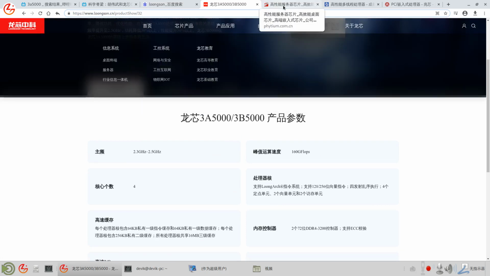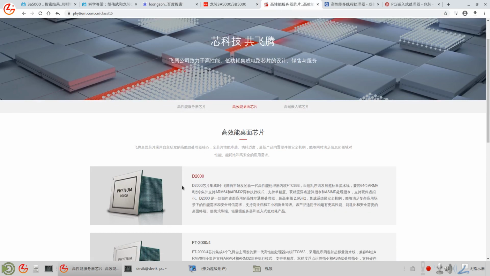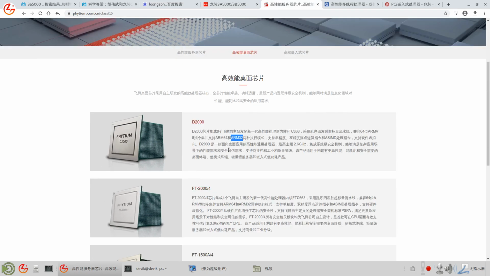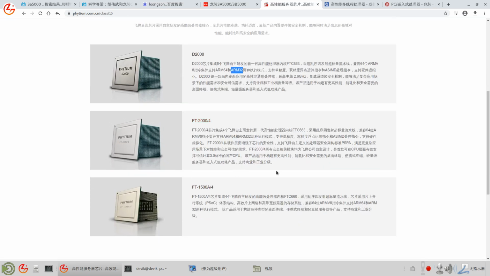And another Chinese CPU is Phytium, using ARM64 and ARM32. So Phytium can run Android apps, because Android also uses ARM. Huawei also uses ARM's instruction set.